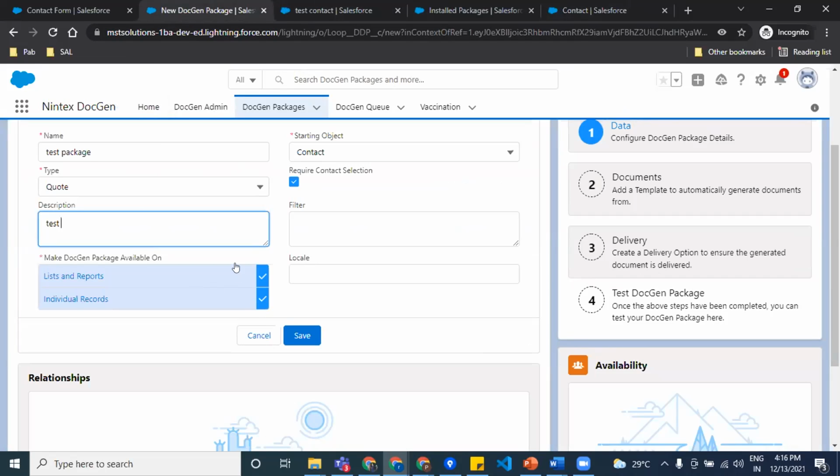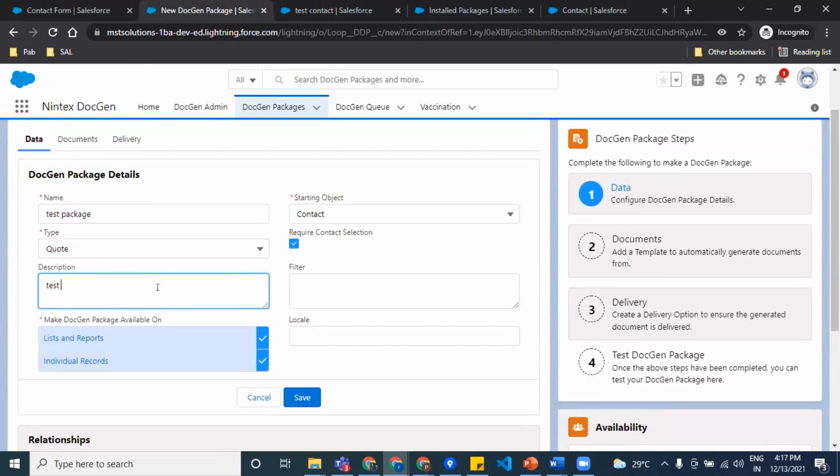Only if you place the button, and only if you give individual records and lists and reports allowed, then we can proceed, or else you can only see the contact information or the related information and not this button. So the button will not be available, so that itself will stop us from downloading the required PDF.